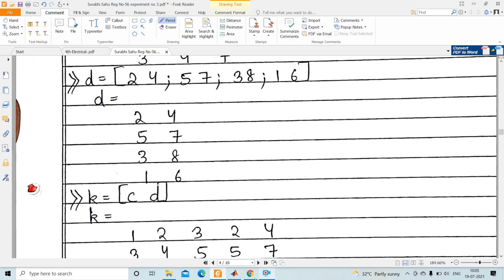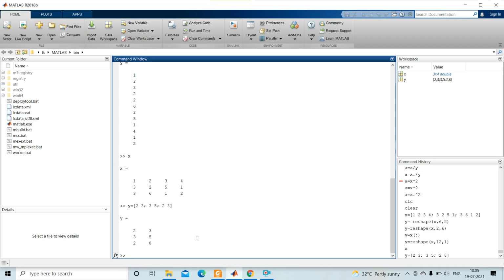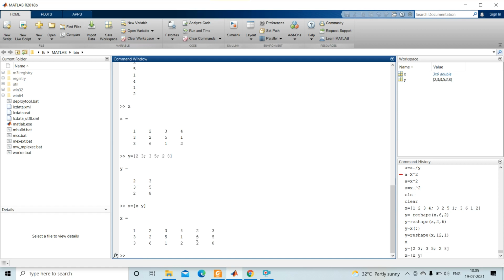like this. Okay. So the command is now x is equal to x space y, because for creating a new column we are using space. Okay, so now if I enter, see, now the x is changed.